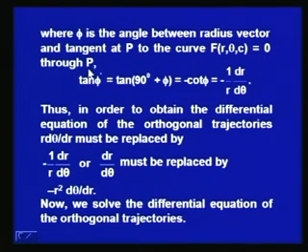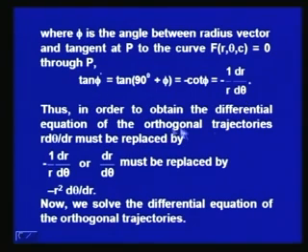Now, through the point P, since phi dash minus phi is equal to 90, tan phi dash will be equal to tan of 90 plus phi, and tan of 90 plus phi is minus cot phi. We know that tan phi is equal to r d theta by dr. So, minus cot phi will be minus 1 over r dr by d theta, and therefore, in order to obtain